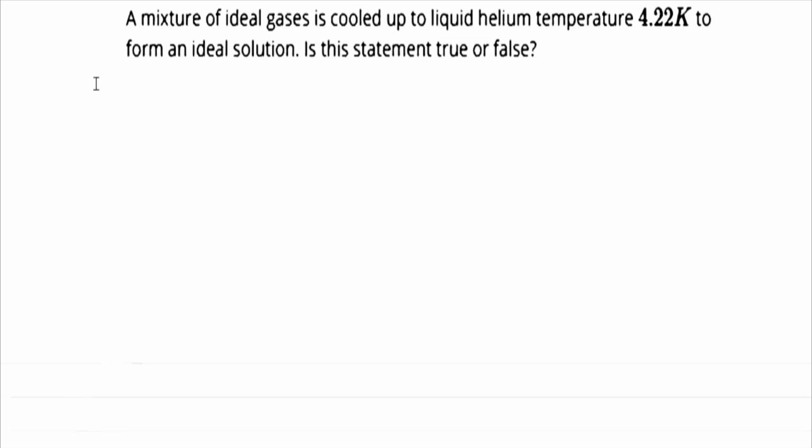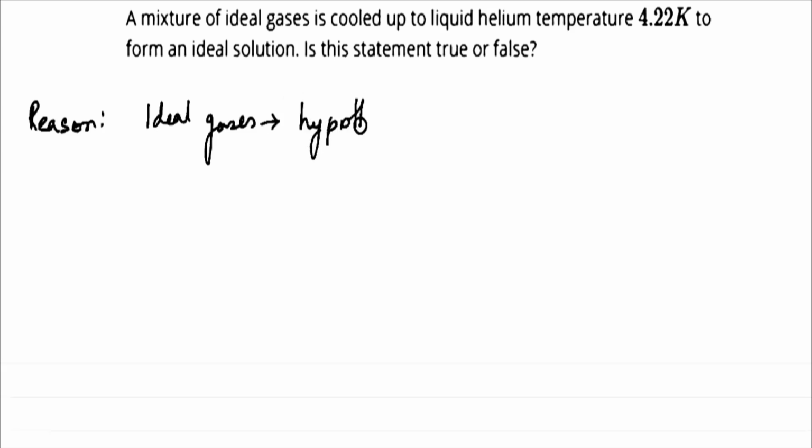Now this statement is absolutely false. Now let us give the reason for that, why we are saying this is false. We need to give a justification. Now the reason is that ideal gases are basically hypothetical systems, or you can say hypothetical gases. They do not exist. Here the pressure, volume and temperature all are according to